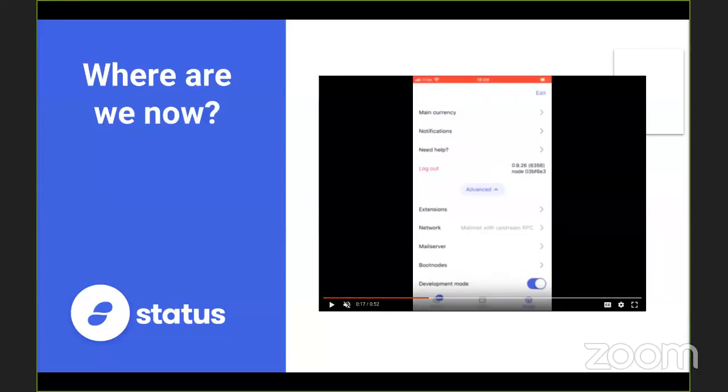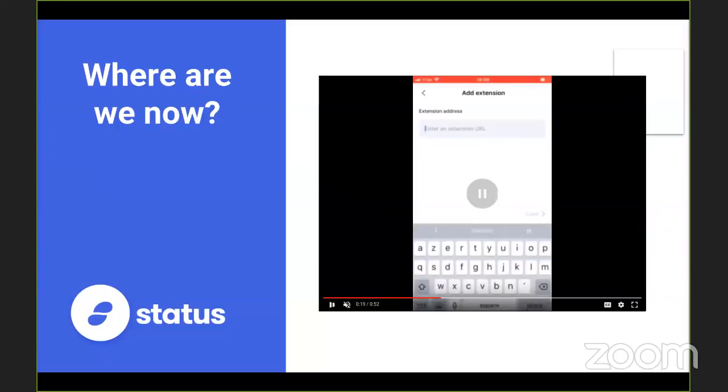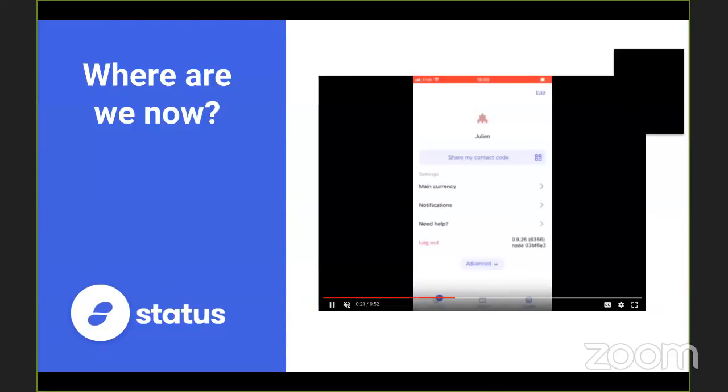Yeah, so here you can see it's work in progress. It's just my design. It has to be designed, so there's no official design yet. In the profile now, we have an extra element, extensions, which is only available because I'm in development mode. If I go inside here, I can see that there are no extensions by default. Then you can add an extension from within this panel by providing the URL, or you can also scan a QR code, which is what I will do next.